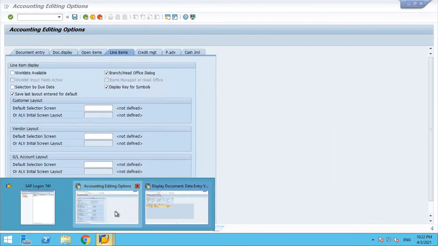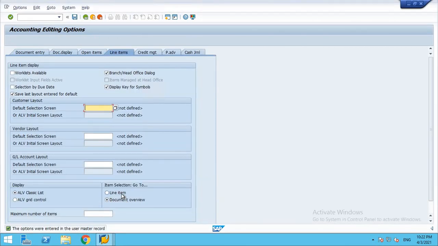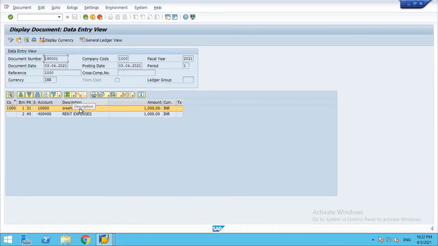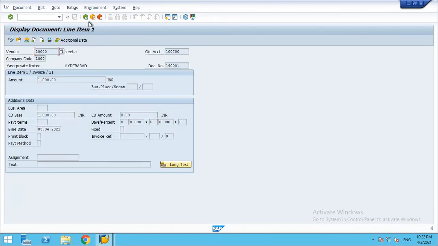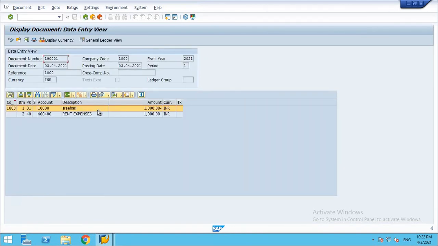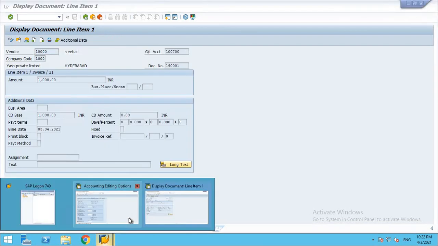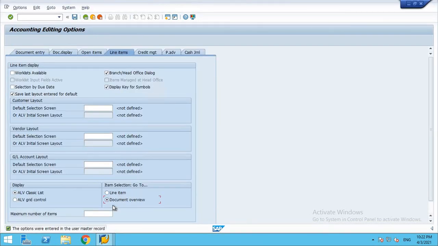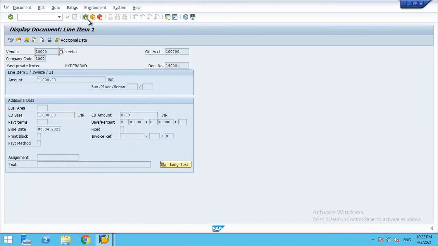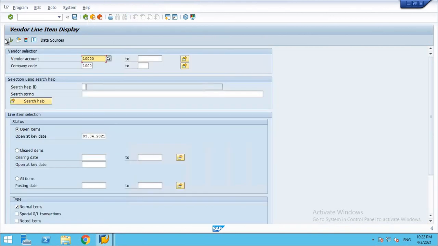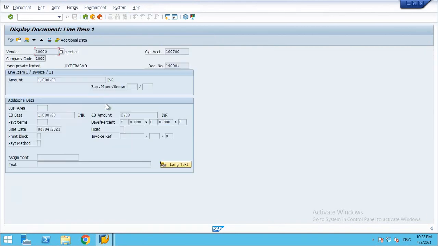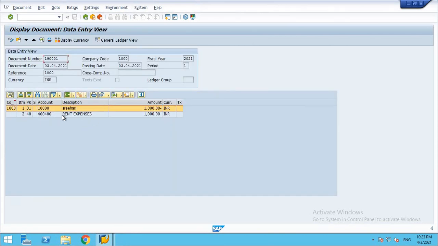If I click on line item, it will show only one line item, whether debit or credit. If I click on document overview, it will show the total document overview of the particular document. The remaining navigation is the same. Even though it is showing the vendor line item, if you click on overview, it will show the debit line item also. That is the main difference.